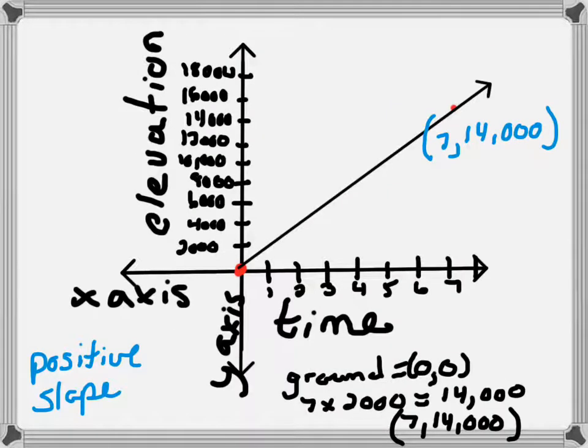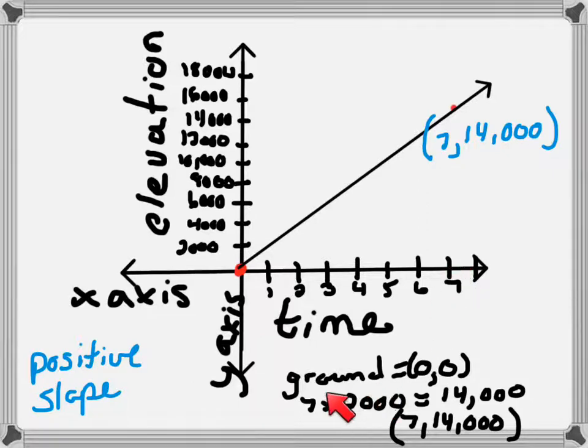And in this last situation, it's ascending. That means going up, excuse me, at a rate of 2,000 feet every minute. So I started at 0, 0. I assumed the plane was on the ground, and then because I had counted to 7 on my time axis, 7 minutes,